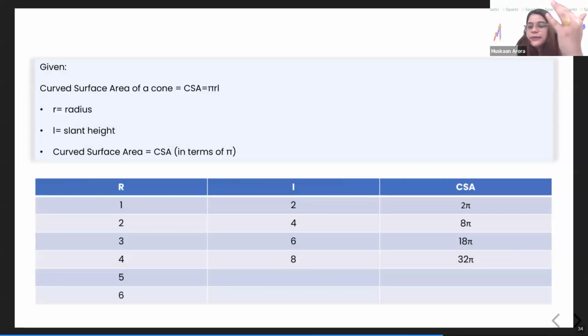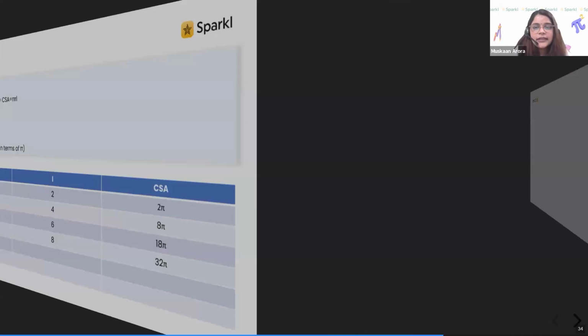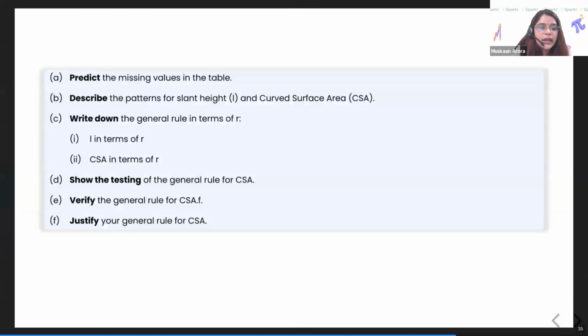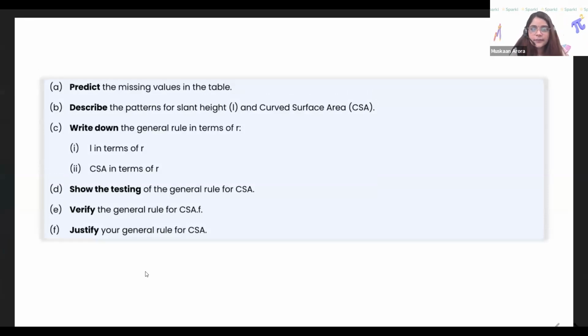Okay. So obviously we will find it using the pattern that we have over here, right? We will see the difference in the terms and we will derive a formula for the same. But when we will justify this, we will be using the formula itself or the relation between L and R. We will not use the sequences. Okay.